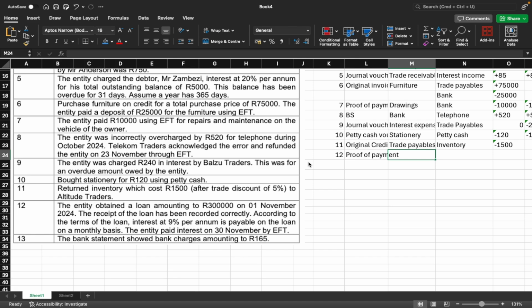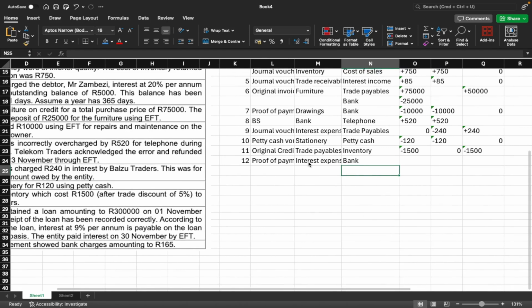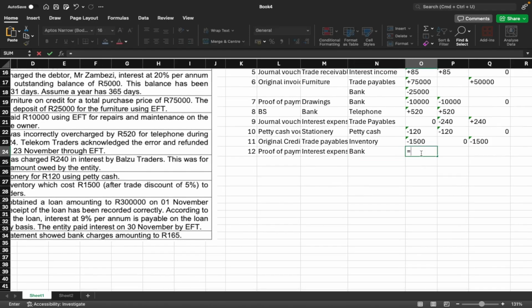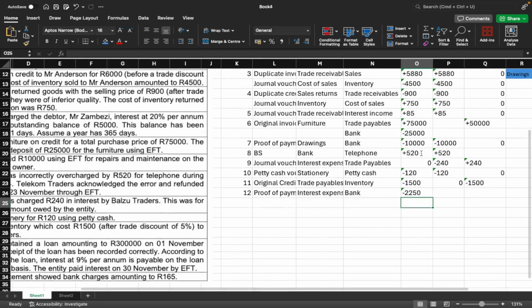And our debit is going to be interest expense or interest on loan, whichever one of those you can use, or finance cost. In fact, that's another word that's used interchangeably with interest on loan. And we're going to credit bank here because we paid using EFT. And what is the amount that we're going to record it at? Well, we're going to take 300,000 rand times 9%, but remember this 9% is per annum, so we need to multiply that by 1 divided by 12 to see how much the interest is for 1 month, and it's 2,250 rand. So we need to put that as a negative 2,250 rand under assets